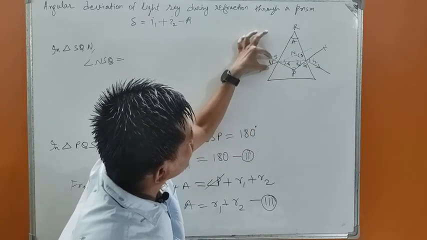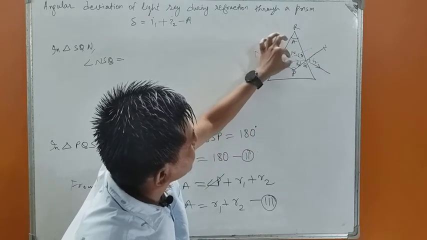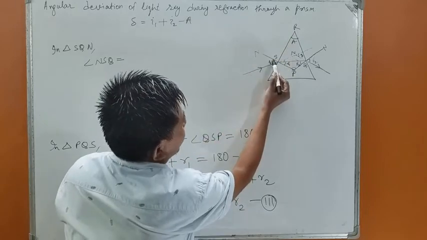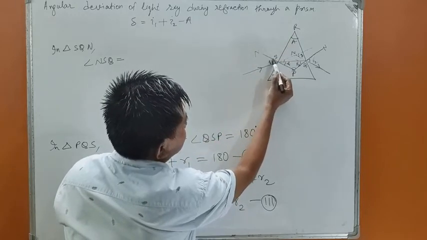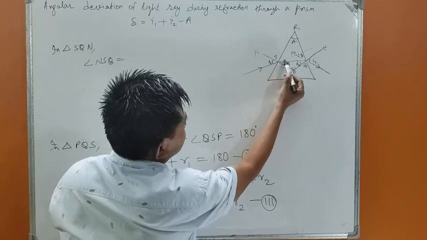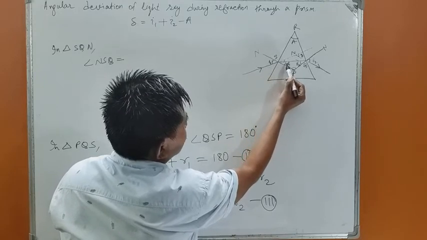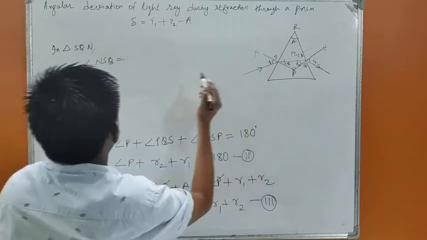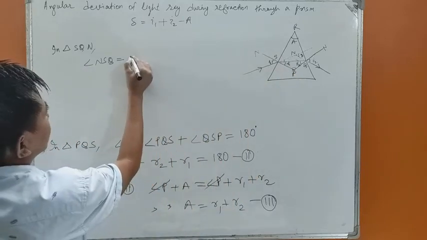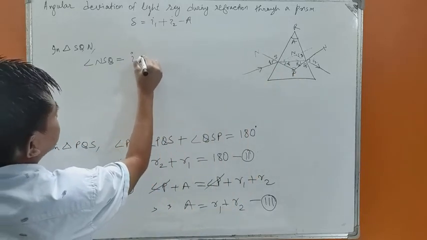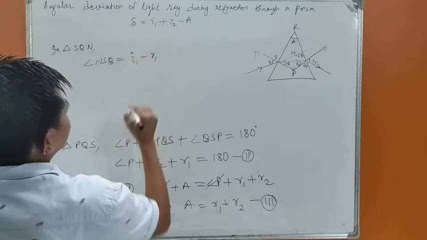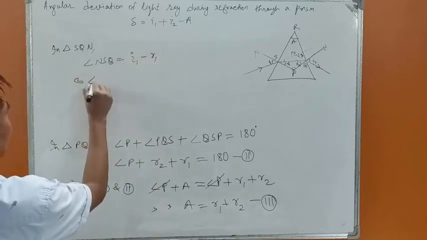This I1 is the total angle. So I1 minus R1 gives us this angle. NSQ equals I1 minus R1,